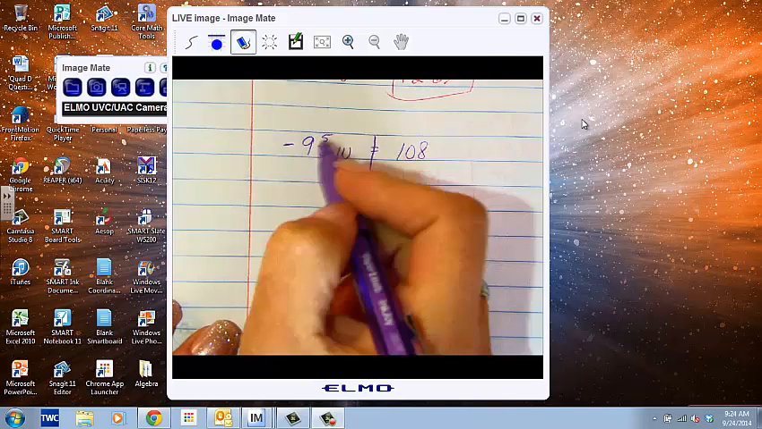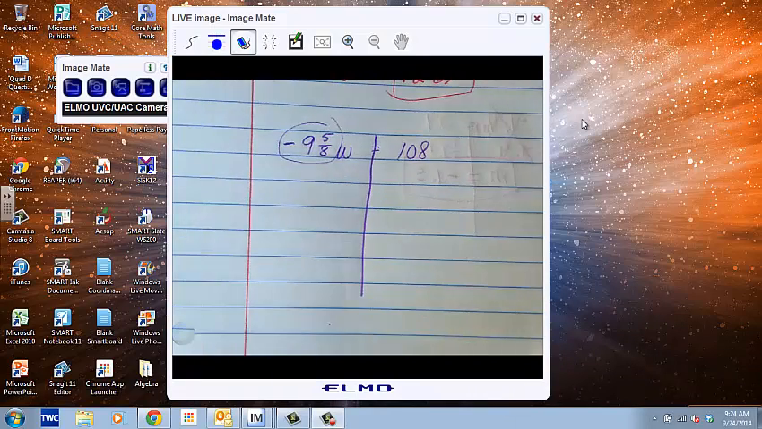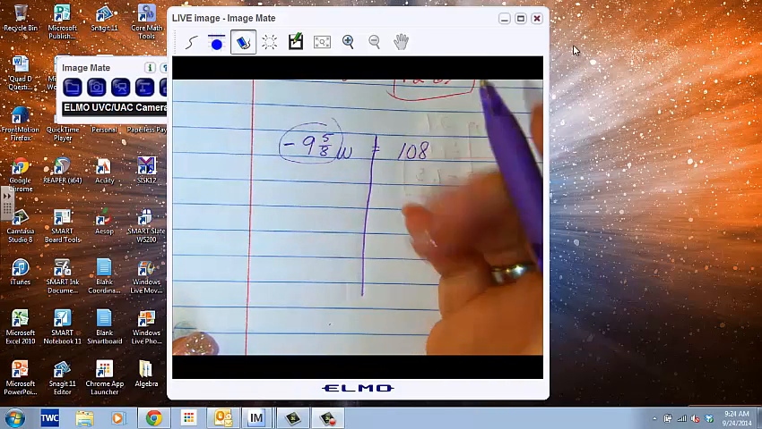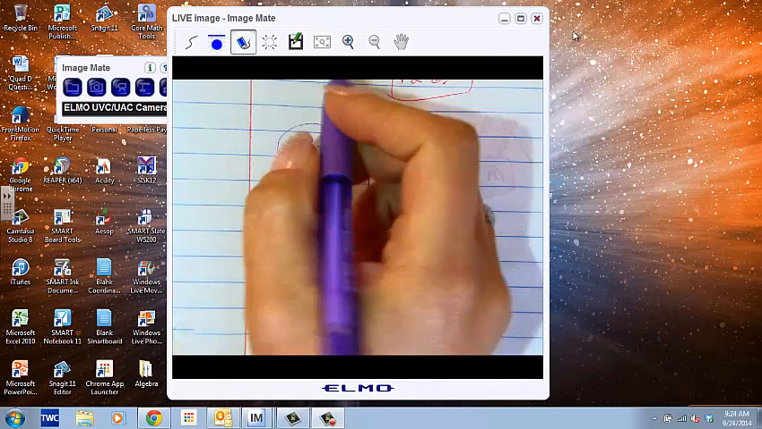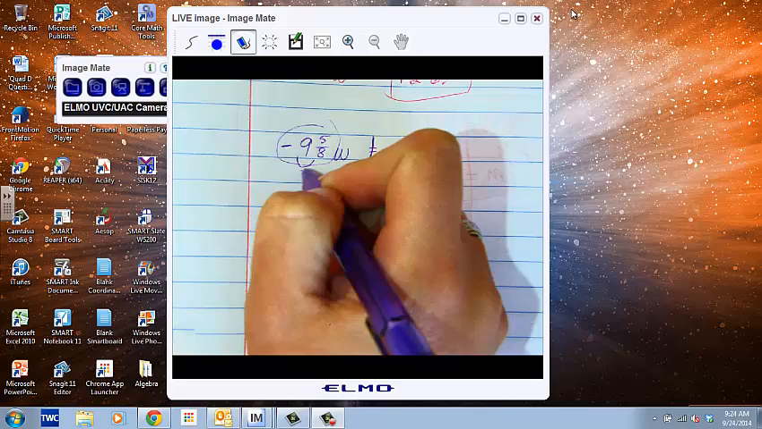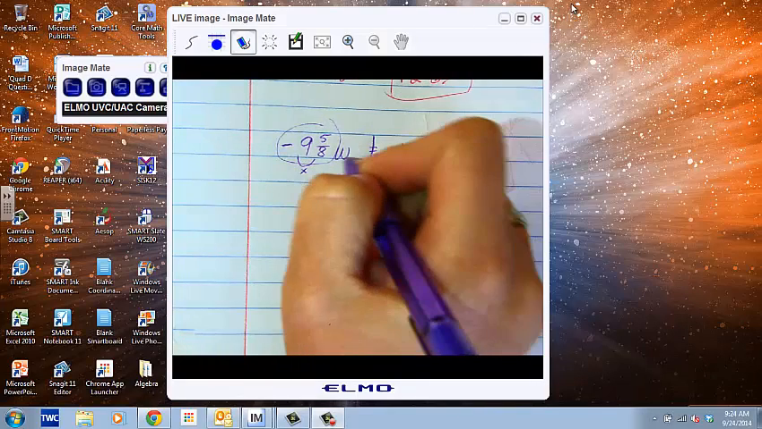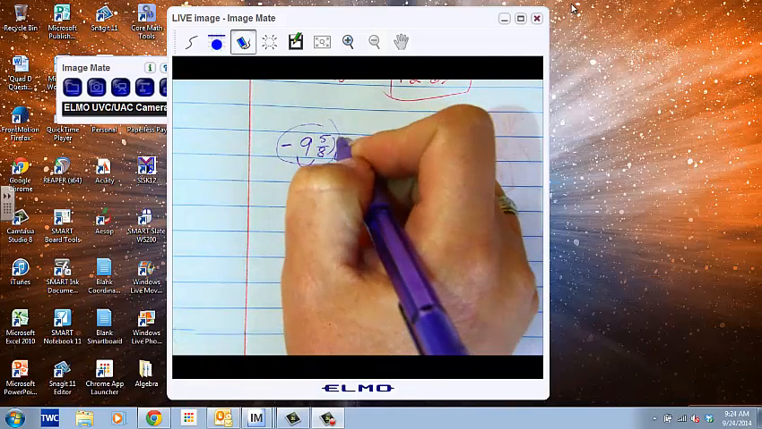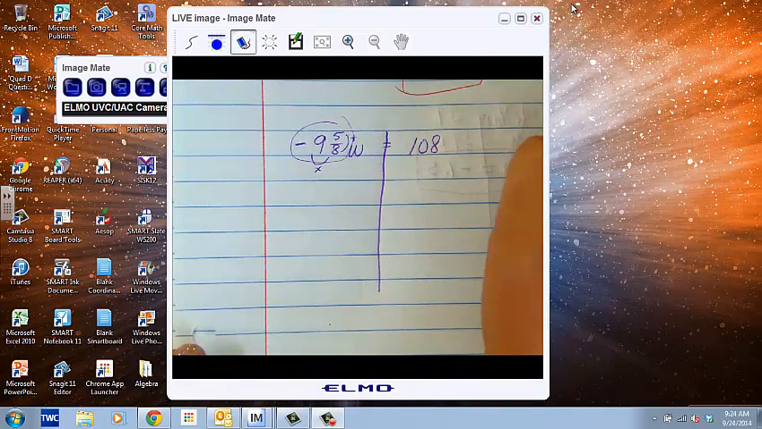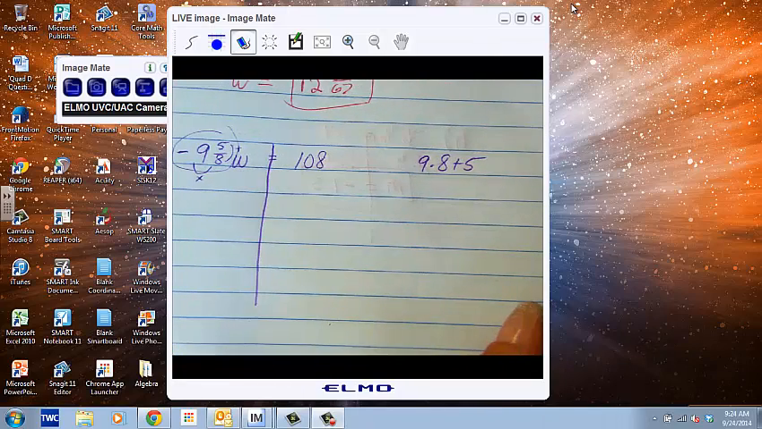And now I want to turn this into an improper fraction. Hopefully you remember how to turn this number into an improper fraction. You may have learned it as the butterfly method. I know that Mr. Neugebauer has already talked about this. But I'm going to take this 9 times the 8, and then I'm going to add to the 5. So when I take 9 times 8, 9 times 8 plus 5 is what I'm doing to get my top